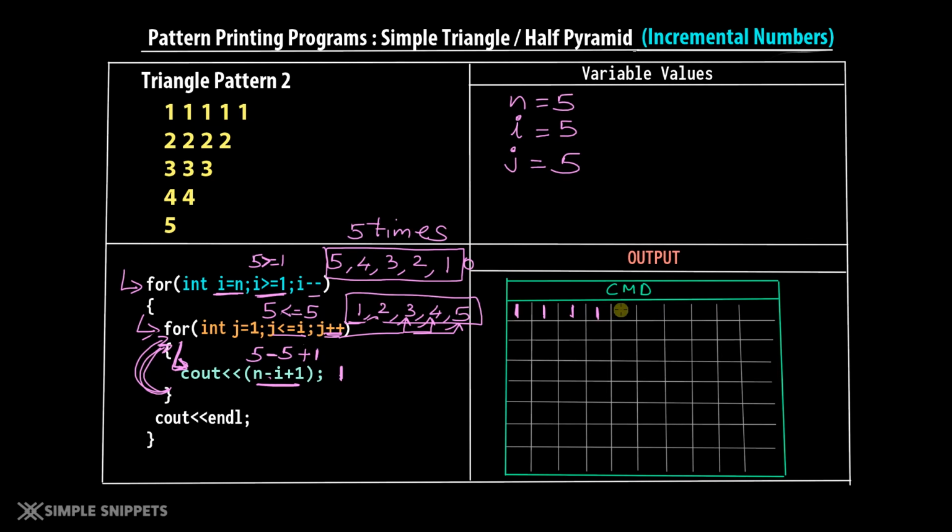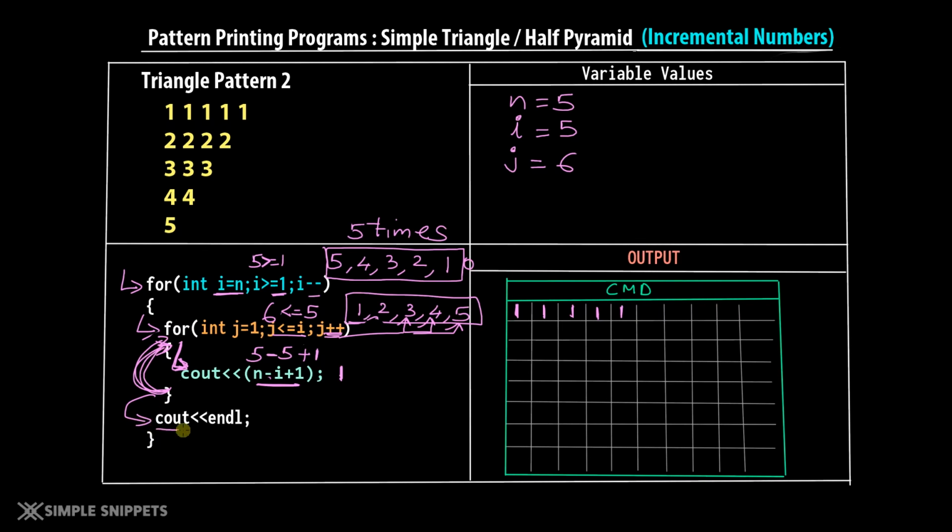1 is printed. And now when you again come at the start of the for loop, you will say j plus plus, j will become 6, and when you check the condition, you will say is 6 less than equal to 5? No, 6 is not less than 5, correct? 6 is greater than 5. So now the for loop, that is the inner for loop, will stop working and you will come outside the